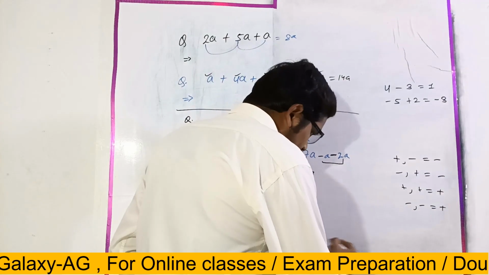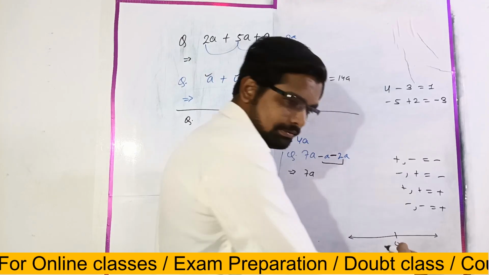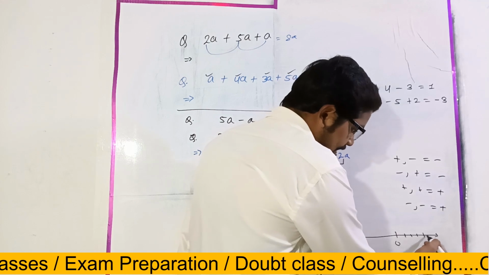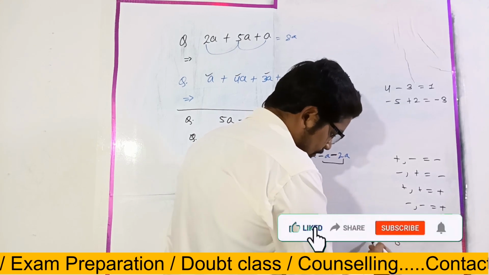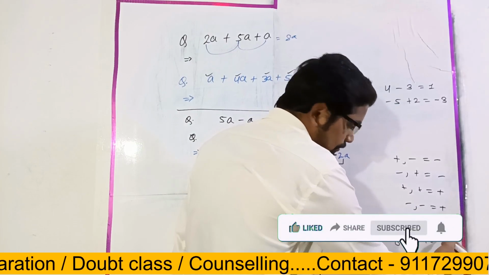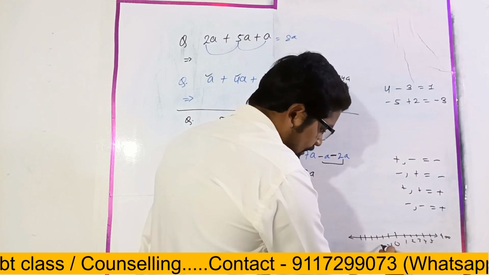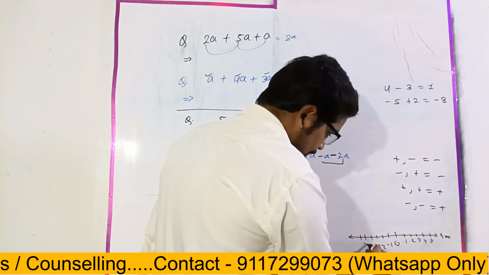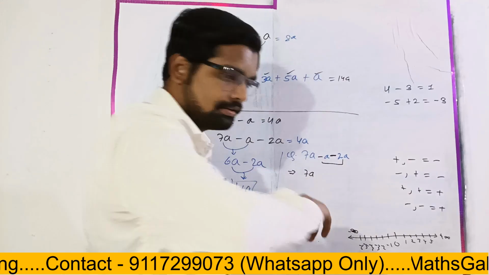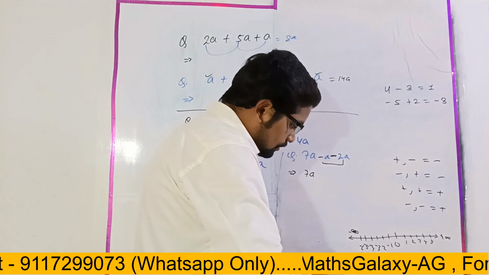So I think you have already learned the number line, right? A line in which we represent numbers: 1, 2, 3, 4. In the middle you will get 0, with equal distance on the right side and the left side. On the right side it will be positive integers or positive numbers, going till plus infinity, and here it will be negative integers, going till minus infinity.